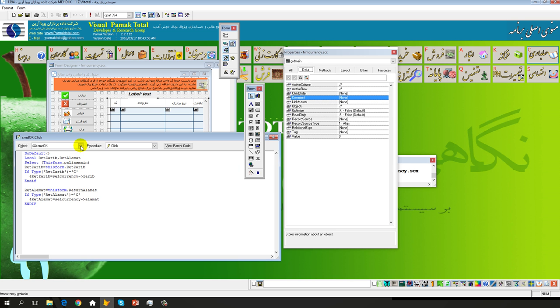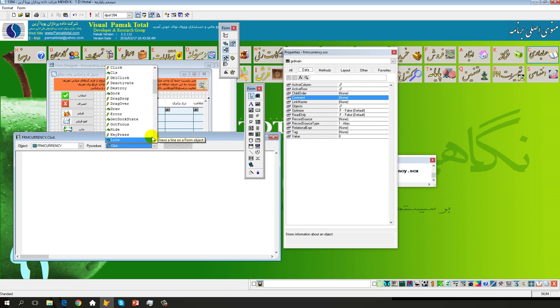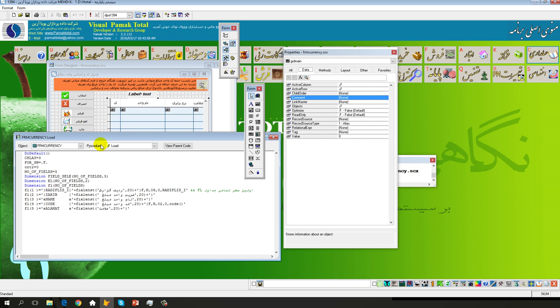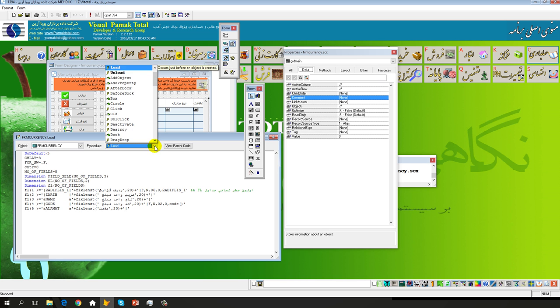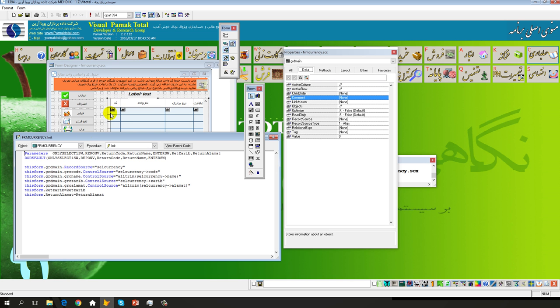Let's see in the form, in the command, in the method initial. The first method will run at load. I wrote some code in the method load of this form. It means when the form is loading, this code runs. Then the method initial runs. In the initial, I use some code, for example, this form,